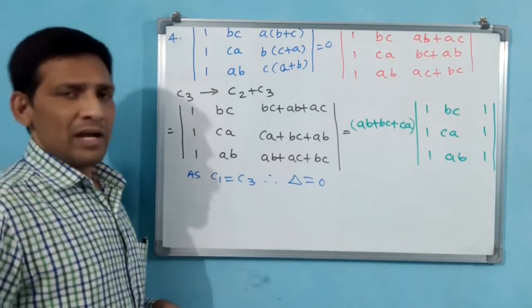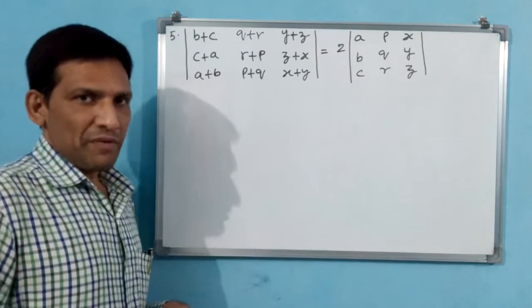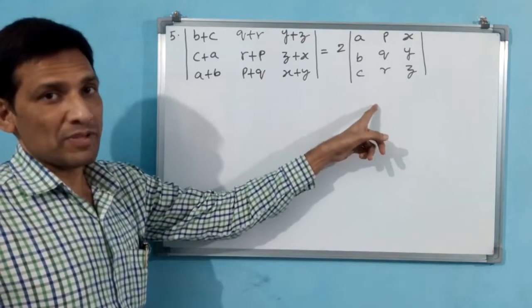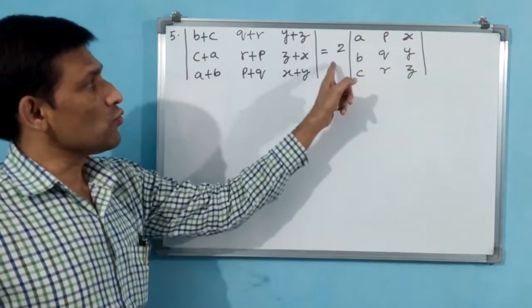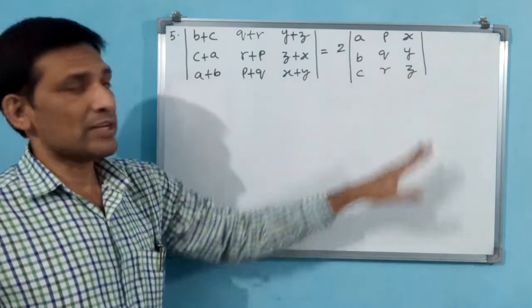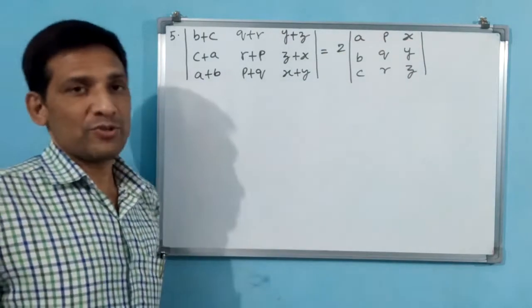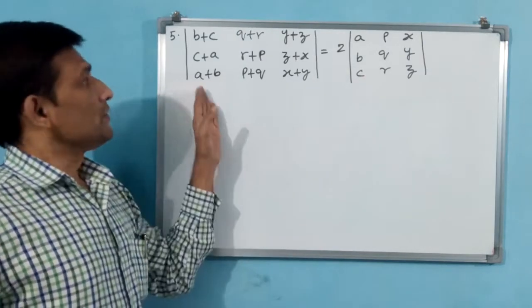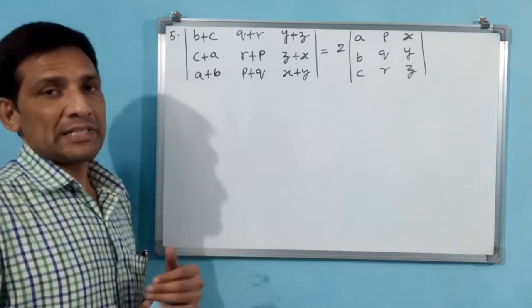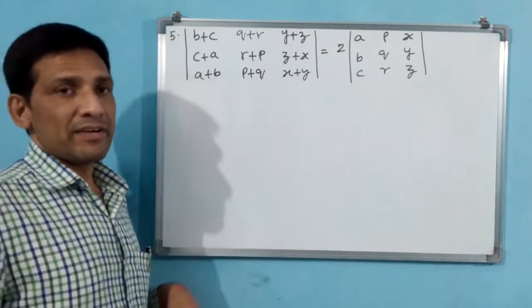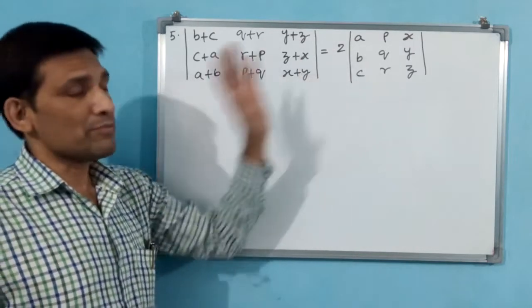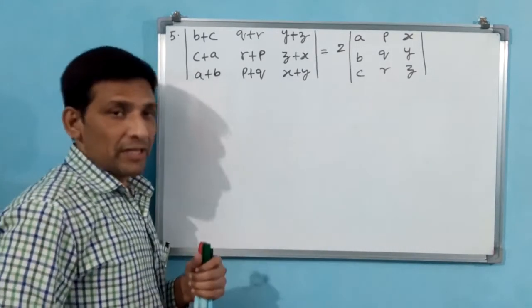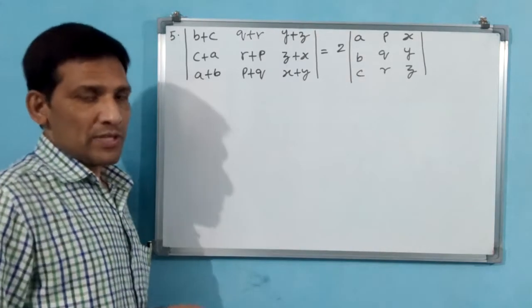Let us go for the fifth question. See the fifth question. Here, they are not asking us to prove 0. You have to observe carefully here. Something is there: 2 into APX, BQY, CZR, or else ABC, PQR, XYZ you can read. Column wise also you can read 2 times of this one. You have to prove this determinant they have given. You need not prove 0, but you have to bring this determinant to this form. Then just imagine how to do this.